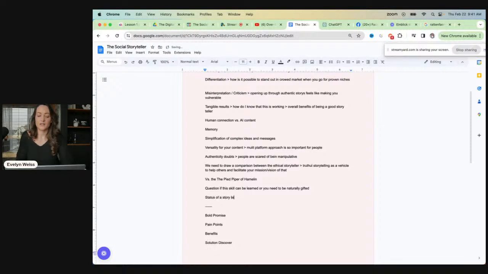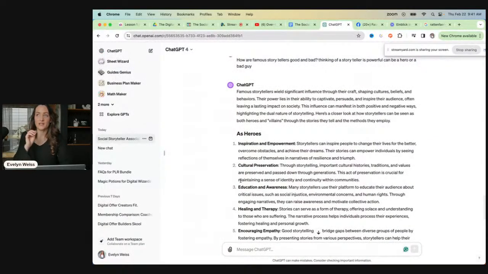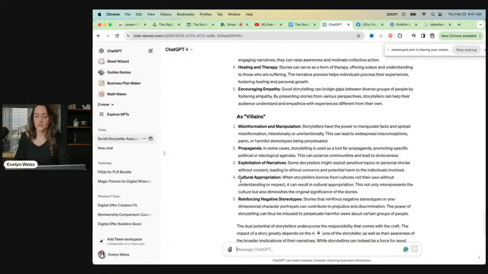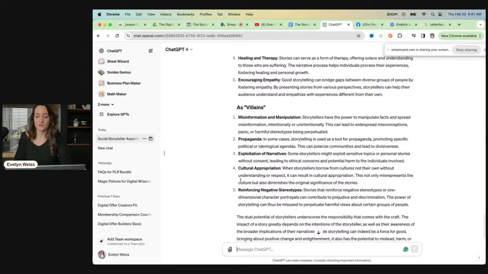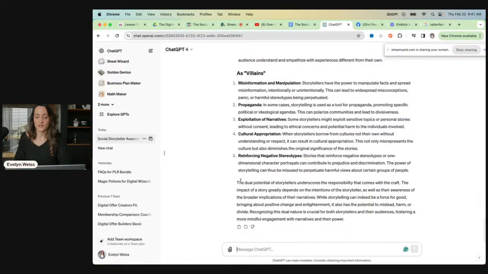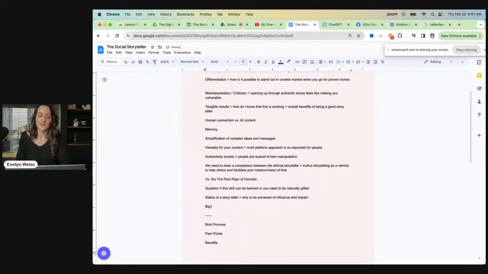Okay. Status of a storyteller. Why is he someone of influence and impact? That is really important, because now being a storyteller, especially the one we want to be, is good. Misinformation, propaganda, exploitation of narratives. Okay, so the dual potential of storytellers underscores the responsibility that comes with the craft. Big power comes with big responsibility. Why leave the art of storytelling